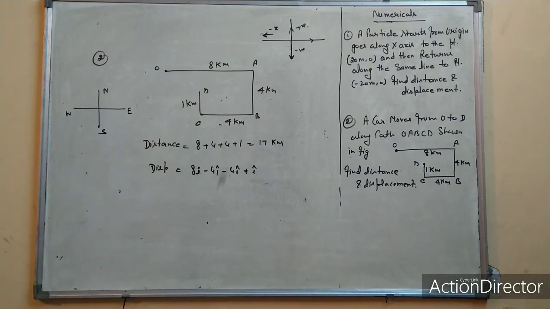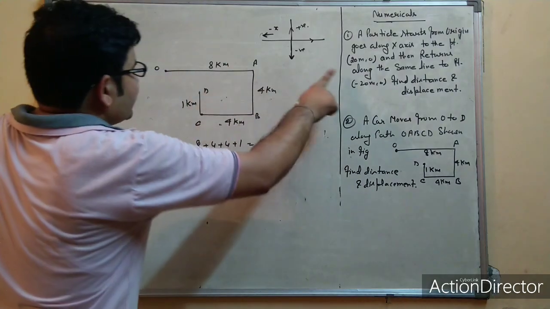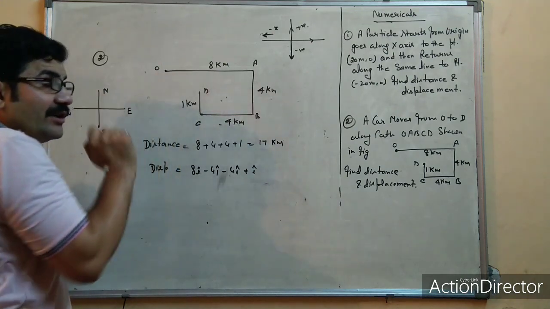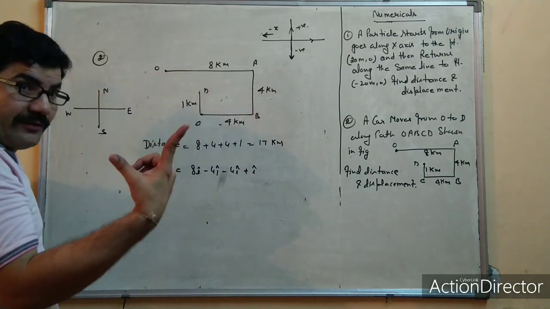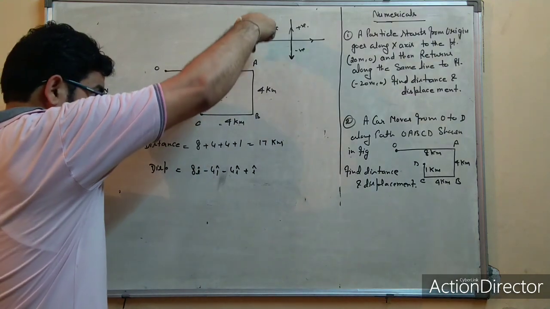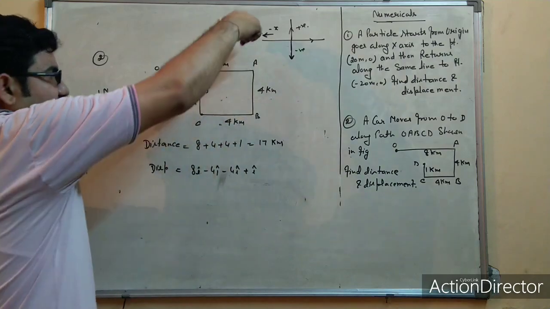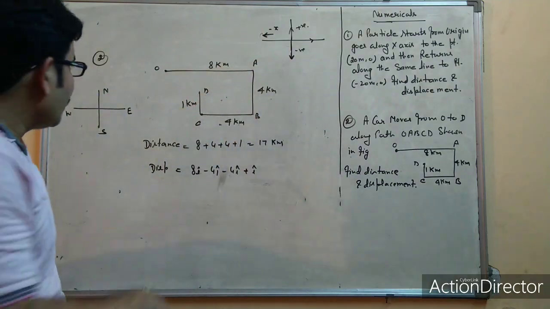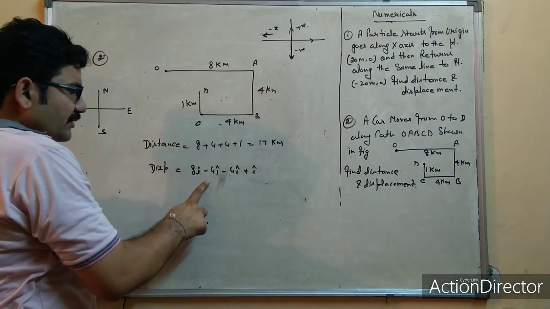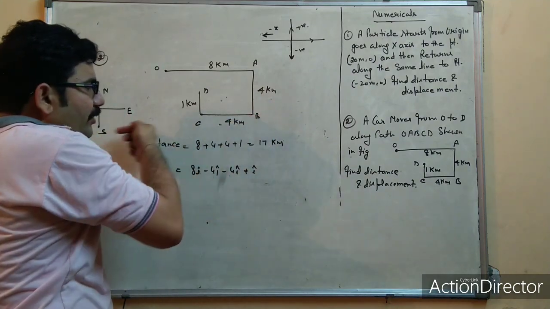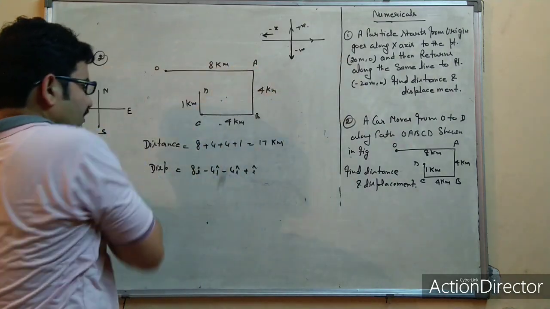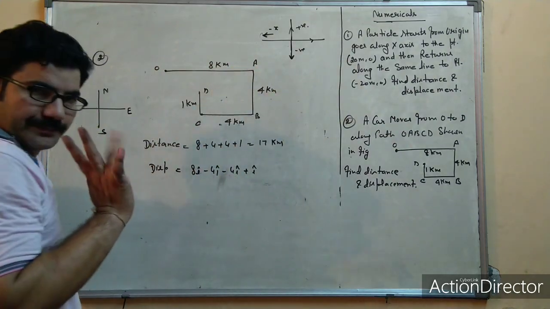One more time, right? This is along the x-axis. Total distance 8. In which direction are you going? X direction, and the unit vector along x is i cap. So you have to add 8i. But at that time you are going in the downward direction. This is the minus y-axis in the coordinate system, so you have to take minus 4j. At that time you are going along the negative x-axis, so it will be minus 4i.